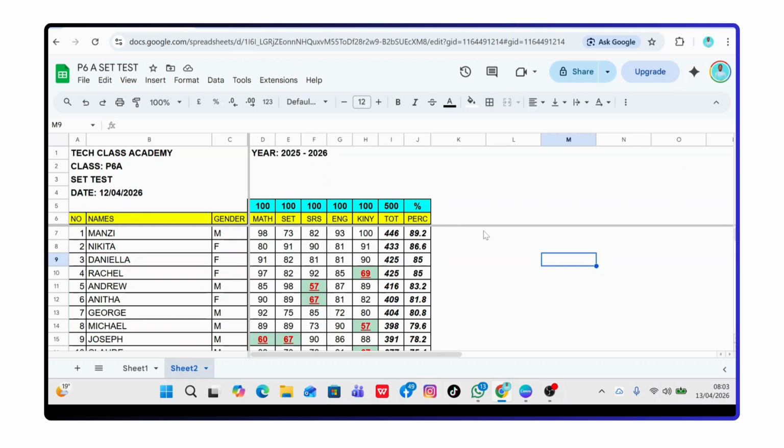Today we are going to learn about Google Sheets Part 3. I recommend you watch the previous 2 lessons. So today we are going to continue from the previous lessons you have seen before. Today we are going to see how we can